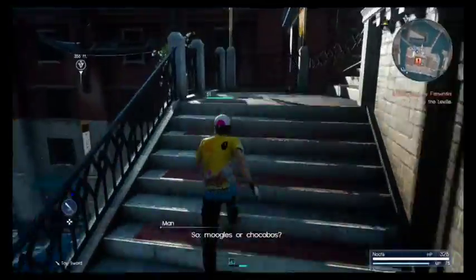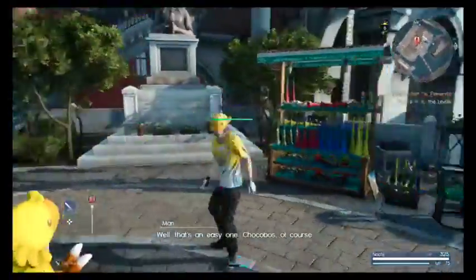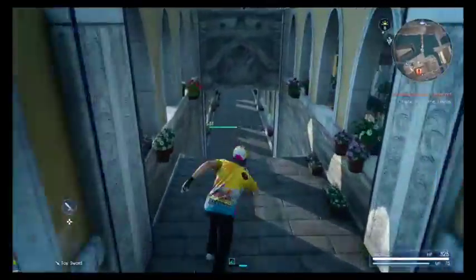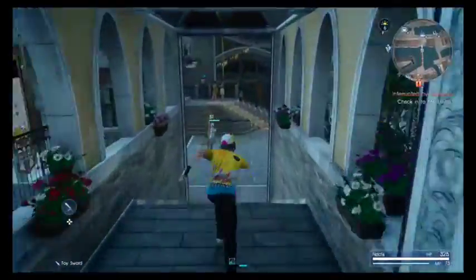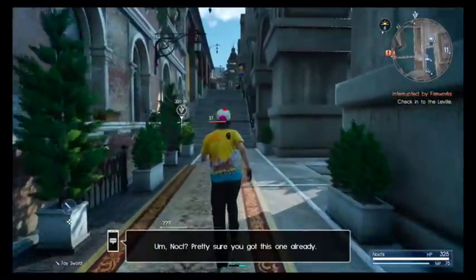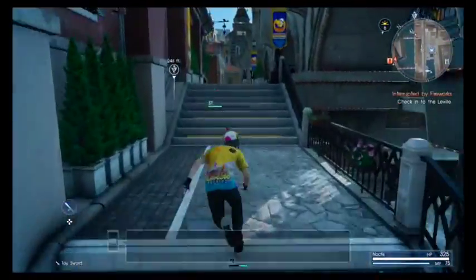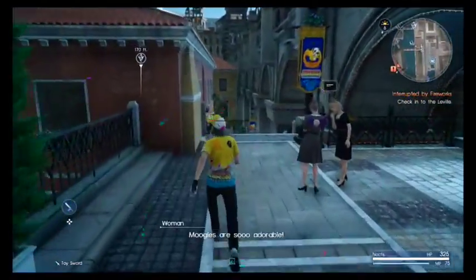So, Moogles or Chocobos? Well, that's an easy one. Chocobos, of course. Friendship over. We've already done that. Wish it could be like this every day. I know. Carbuncle, you don't need to worry. Oh, Moogles are so...